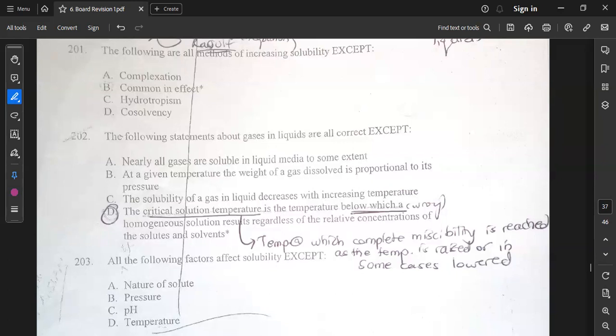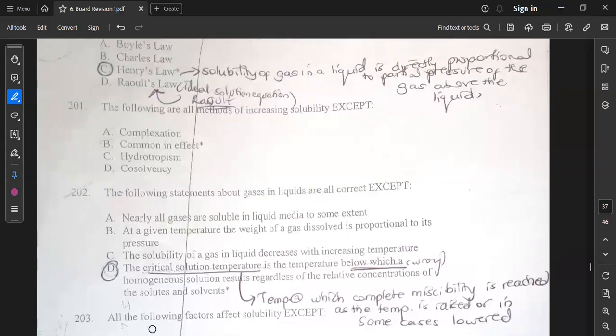Pressure? Yeah, I also think pressure. Nature of the solute, again, I think either if it's crystalline or amorphous, pH, and temperature. The following statements about gases in liquids are all correct except